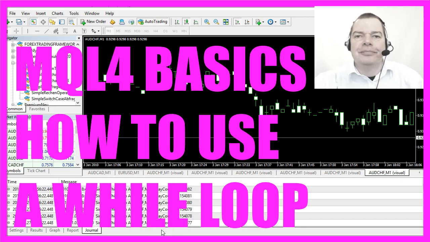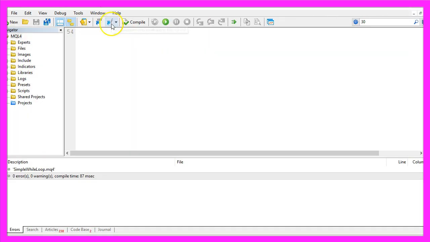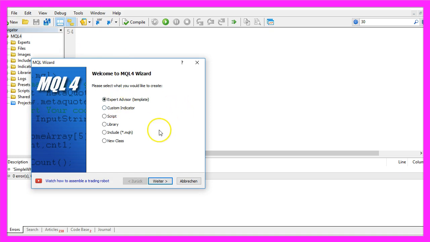In this video we are going to find out how to use the while loop to execute a piece of code again and again. To do that, please click on the little button here or press F4 in your MetaTrader. And now you should see the MetaEditor, and here you want to click on File, New, Expert Advisor from